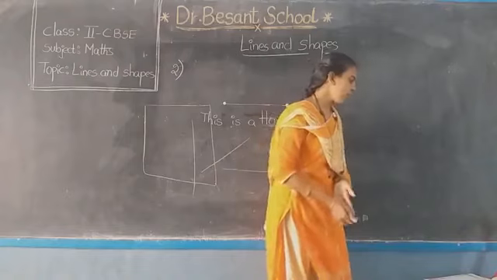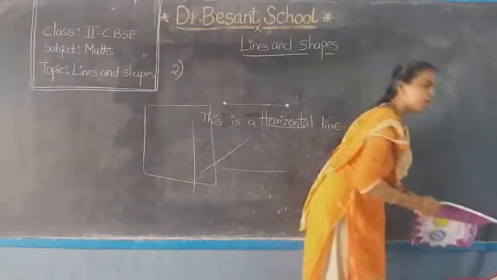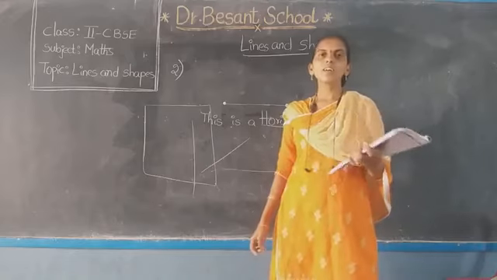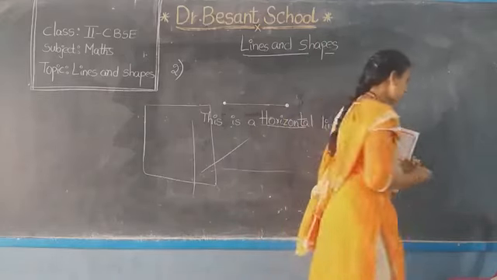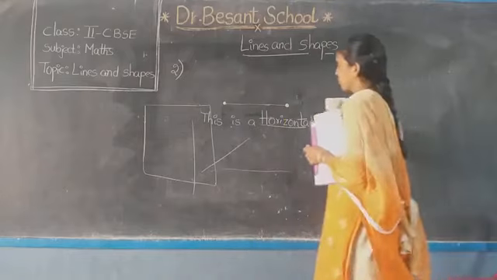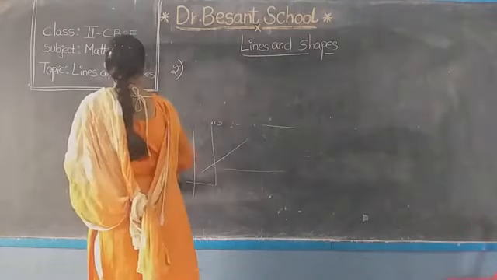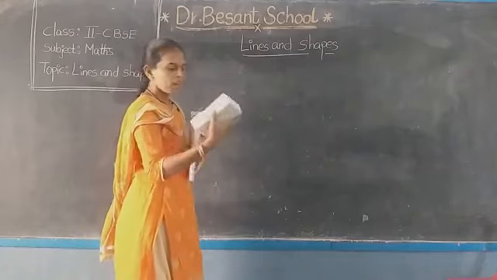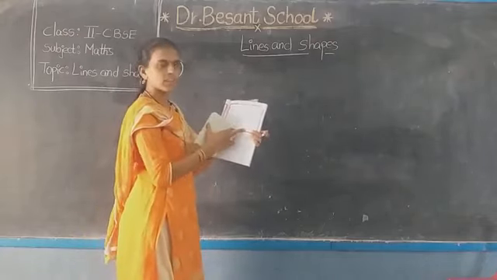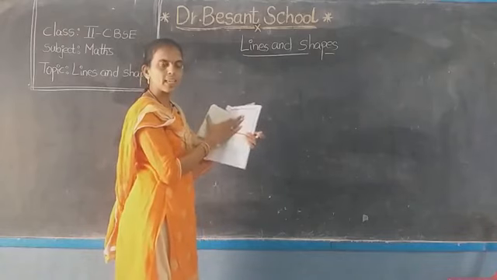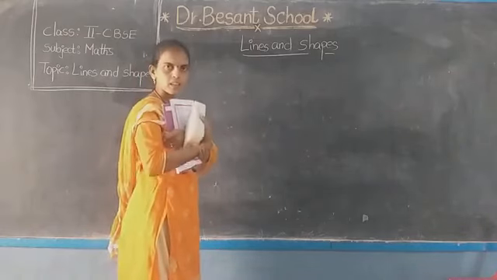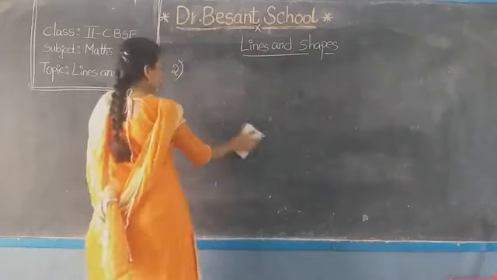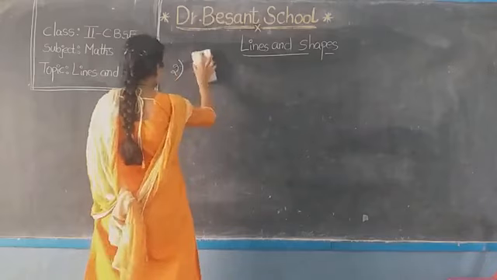So draw a rangoli that has straight lines using a ruler. In the companion book you have to draw, children. So a small homework for you. Once again, I am writing on the board. After creating this birthday card, there are small questions given. Based on the card, we have to answer them. So if you get ready with this, tomorrow we'll continue with this concept. Okay? After that, a small homework for you.